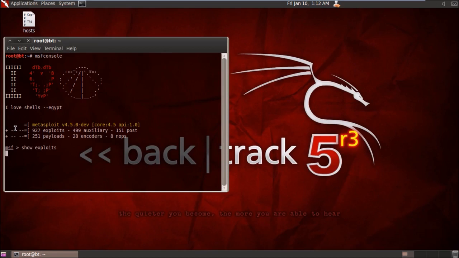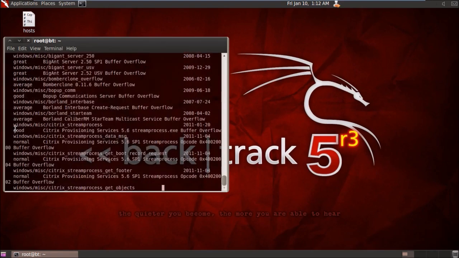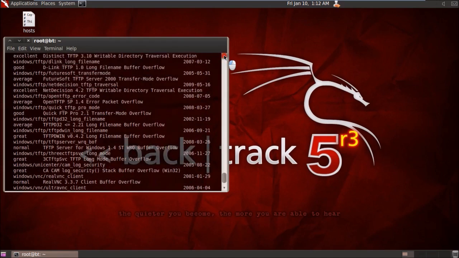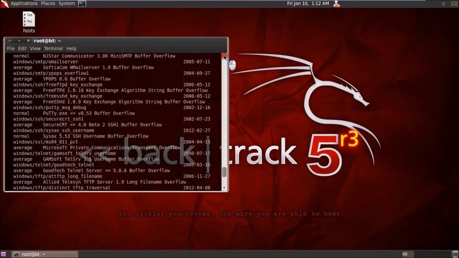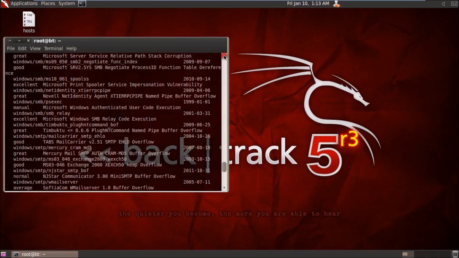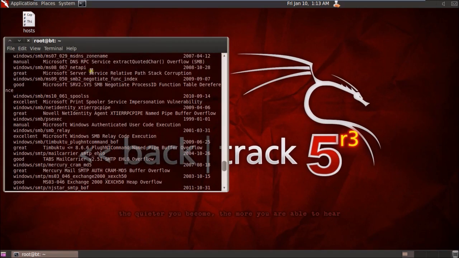Once I've opened this, I'm going to choose a particular exploit, one that is most suited. For that, go through your exploits and you'll come across an exploit known as Windows SMB MS08-067 NetAPI.